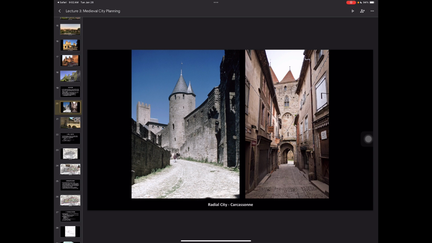Very narrow. When you're working in medieval cities, you're not really thinking about having a lot of street space, you're thinking about having a lot of real estate. You want to be as close as possible, you want to have shops, you want to have as much as you can in that small city structure. And so streets are really not all that important, right? You don't need them to be too wide.